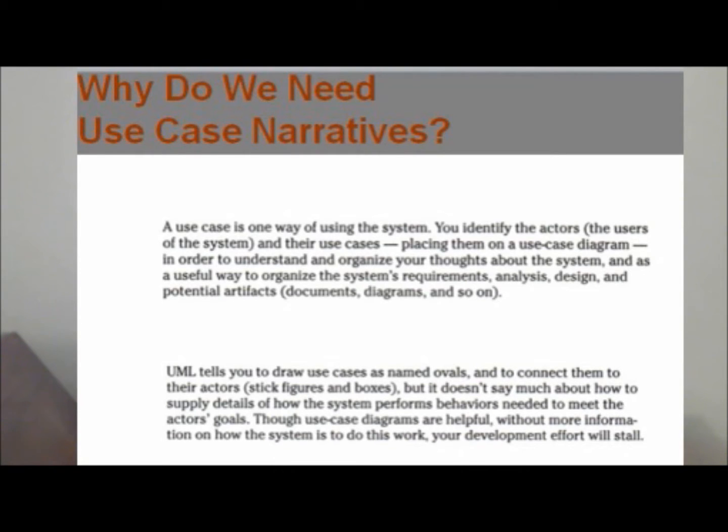And we place this all on a use case diagram, and that's really kind of useful. It shows us how the system's going to be kind of organized, how it's going to be used. We do that, remember, with ovals, stick figures, joining the two. But what it leaves out is the details of how the system is actually going to work. And that's on purpose, remember. The beautiful thing about a use case is behind all those ovals is the detail of how the programming is